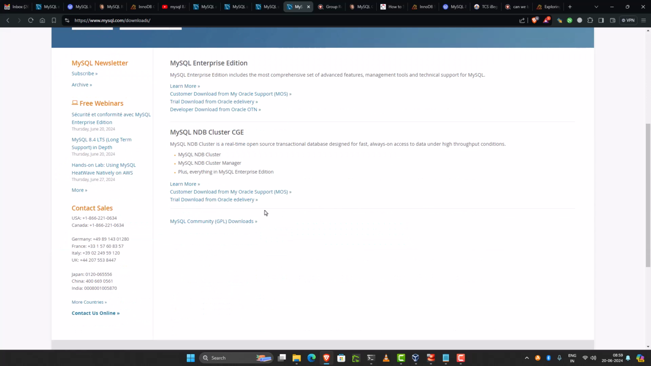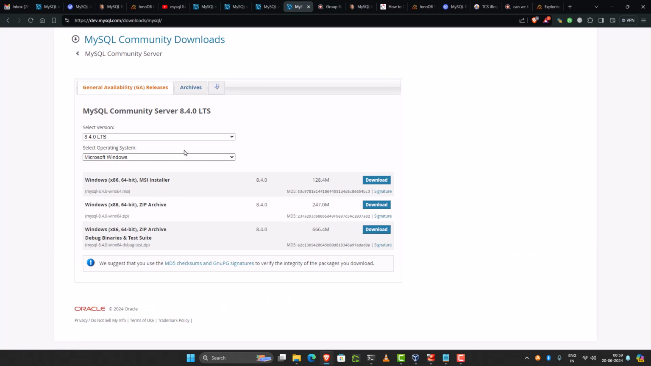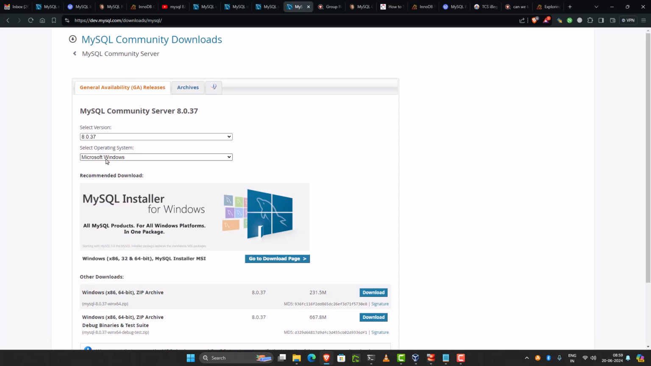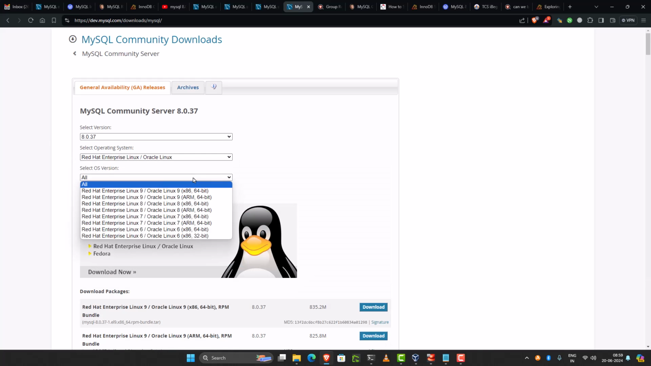section. You scroll down, go to this free version, MySQL Community Downloads. And then you can click on this MySQL Community Server. And straightforward here, you can just select the version and on which operating system you need to install. I will install it on CentOS. So here you can select